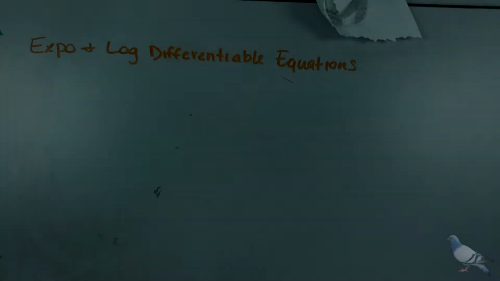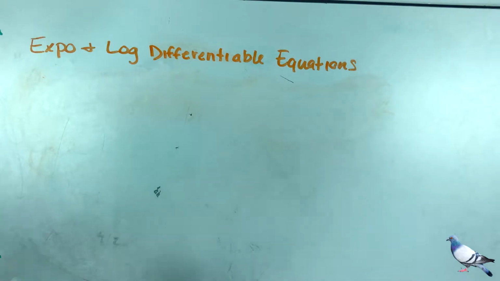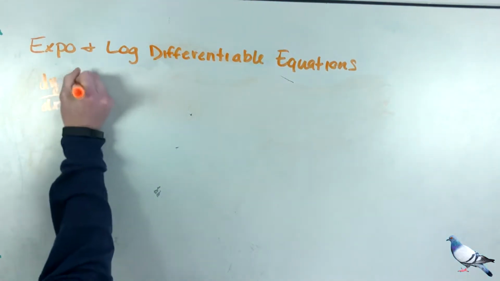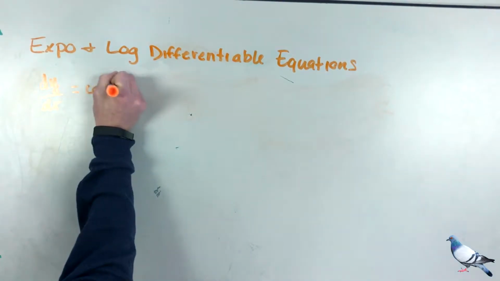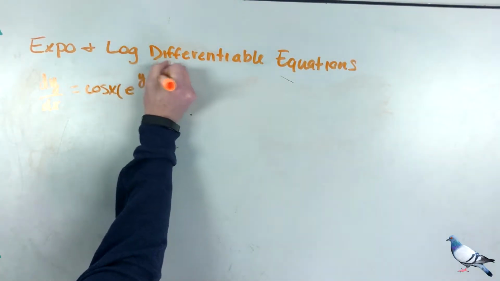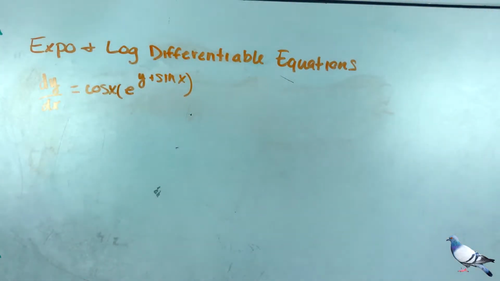We're going to do differential equations with logarithms and exponents. So for the first one, we have dy/dx is equal to cosine of x times e^(y + sin x). Alright, so for differential equations, the first thing we've got to do is split up our y's and our